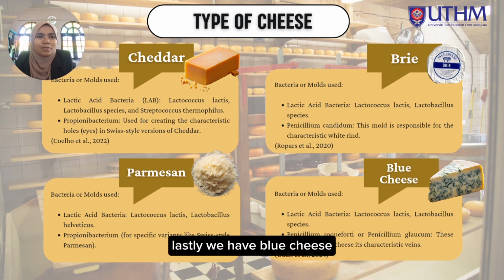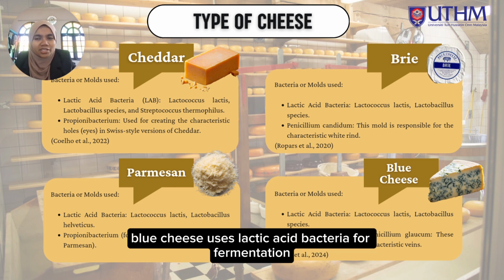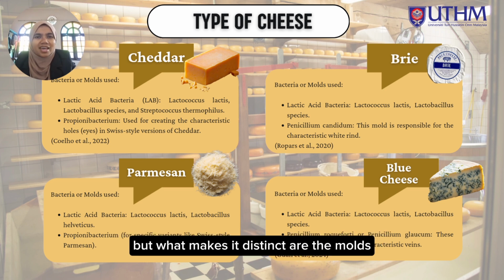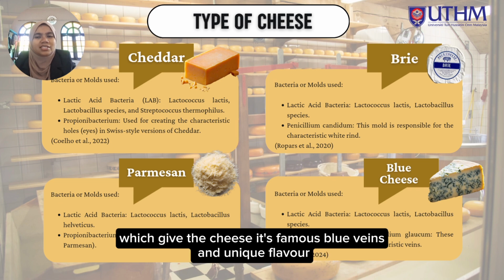Lastly, we have blue cheese. Blue cheese uses lactic acid bacteria for fermentation, such as Lactococcus lactis and Lactobacillus species. But what makes it distinct are the molds Penicillium roqueforti or Penicillium glaucum, which give the cheese its famous blue